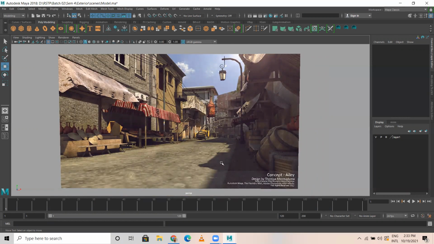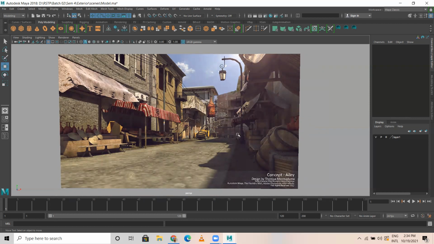Now looking at this particular scene, I want you to come up with the key elements in this. How do you break down this particular scene into assets? Can you list me a few of the assets in this? How do you break down this entire exterior scene into single assets? What elements can you see in this?